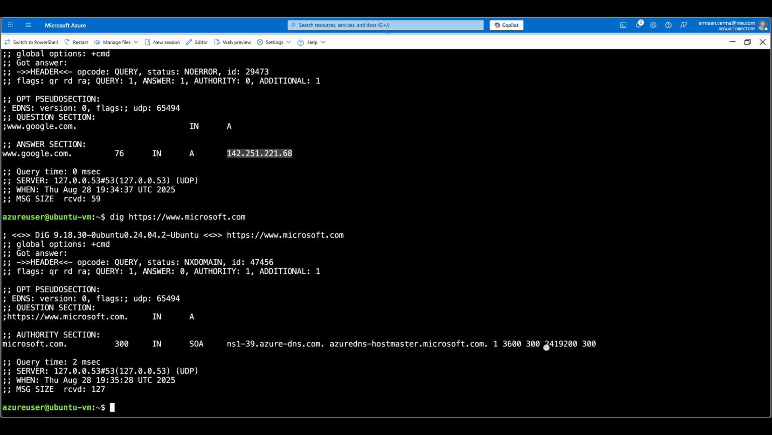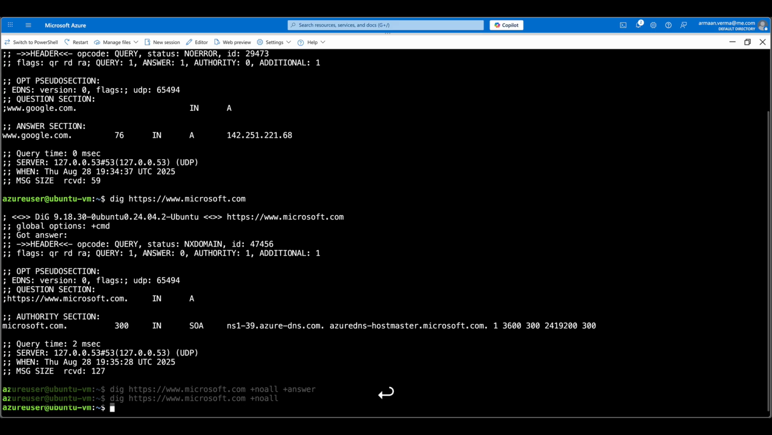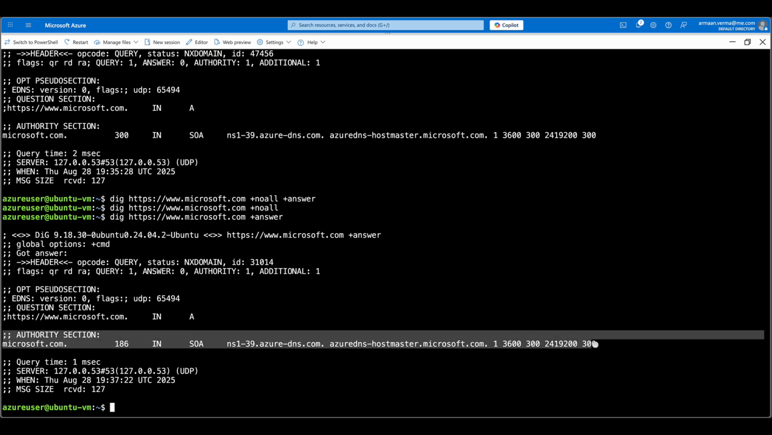Now if you don't want to run the entire detail of the command, you can run the command, for example, dig plus noall plus answer. If you run this command, nothing is coming. Let's remove this. Nothing is there. See, basically I just wanted it to only display this line. So these are the switches. Noall only runs the